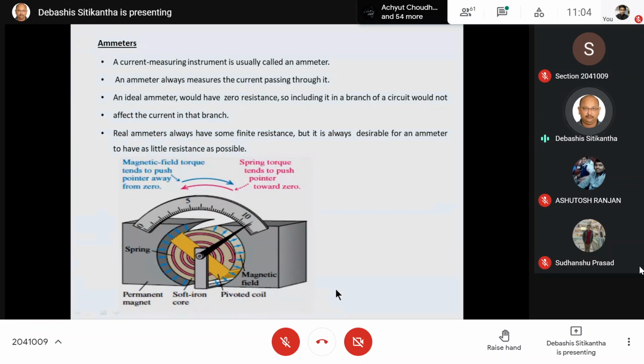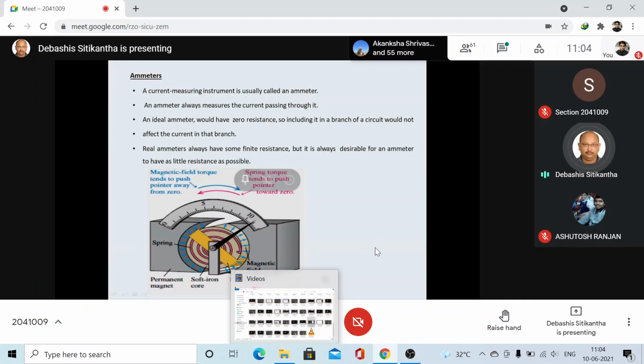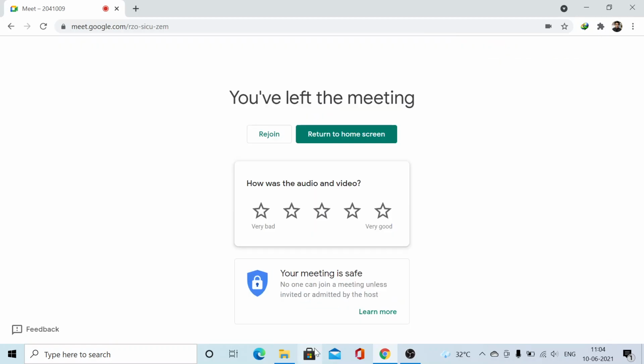But the truth is that no ammeter is ideal in nature. All the ammeters in our engineering world are always going to have some sort of finite resistance. That means their resistance is going to be very close to zero, but they are never equal to zero. Why? Because obviously an